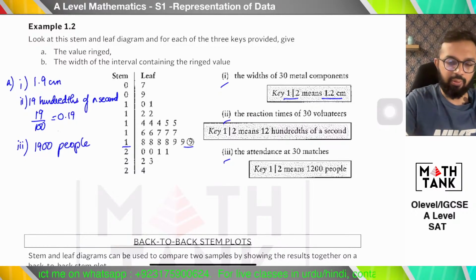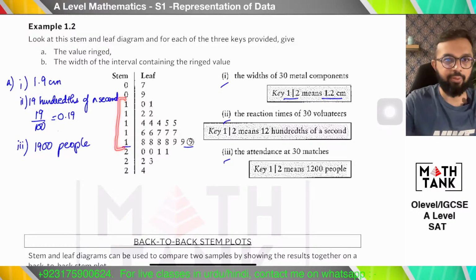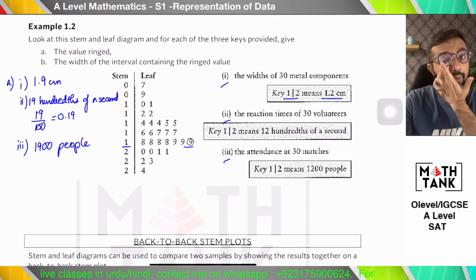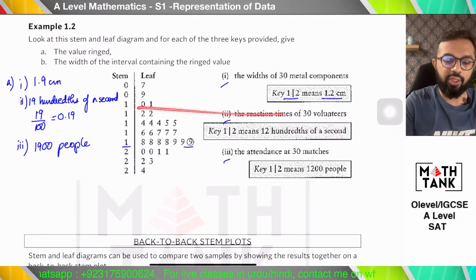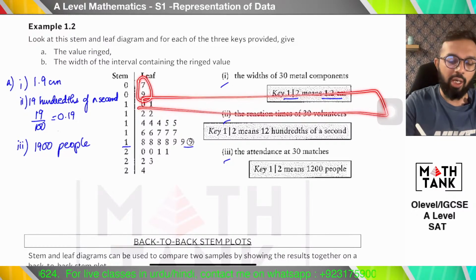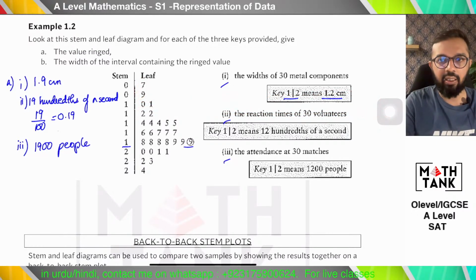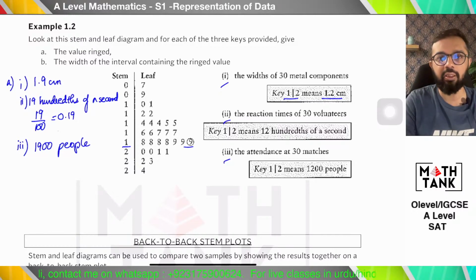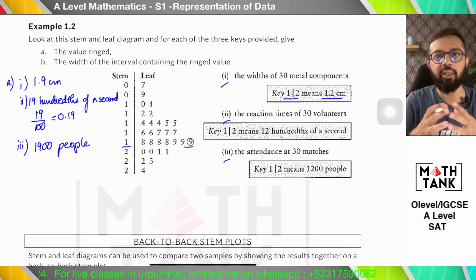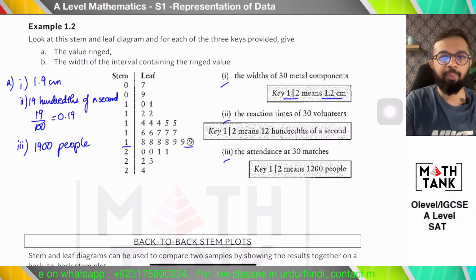And now Irtiza, you can also see कि अब उसने जो है ना वो बहुत सारे stems में break किया हुआ है, सही है, अपने कन्वीनियंस के लिए। अब आप सोचो कि अगर 1 का सिर्फ एक ही स्टेम होता तो कितनी सारी वैल्यूज उसमें आ रही होती, 0 में 2 आ रही होती, तो बड़ा ऑकवर्ड सा एक स्टेम एंड लीफ डायग्राम बन जाता जो आपको शेप ऑफ द डेटा तो नहीं दिखा रहा होता, उसमें हिस्टोग्राम का कोई सेंस भी नहीं बन रहा होता। सो इट्स इंपॉर्टेंट कि स्टेम एंड लीफ डायग्राम अगर बहुत ज़्यादा कंजेस्टेड है तो आप उसको ब्रेक डाउन करें। टिपिकली क्वेश्चन आपको खुद ही बता देगा एग्जाम के अंदर कि आपने क्या करना है।